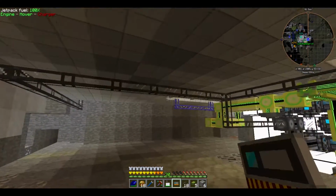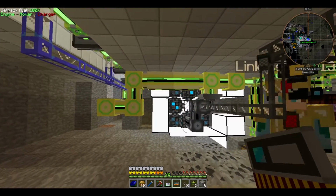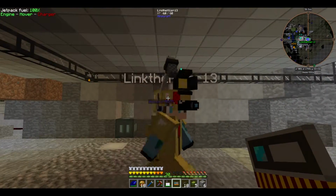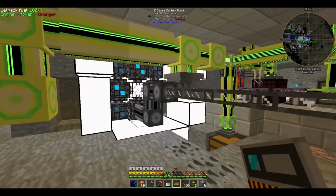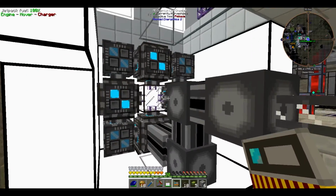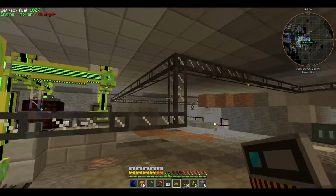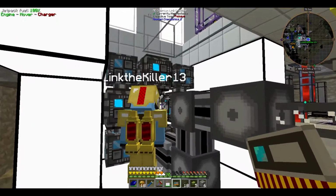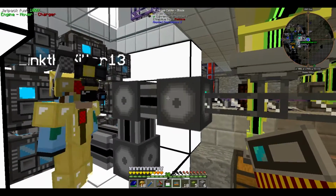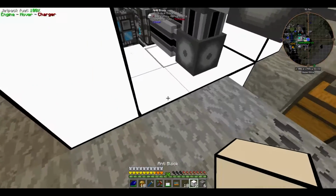And then this long line here stretches all the way over to his Thaumcraft area, which is about 90 blocks, I think, after I put down a stack and a half. And so the only other network we had was red, and the only thing that was on red was our security device, but we just put that on the main power over at the hub. So now we can clean this up a little bit. But yeah, that's basically how